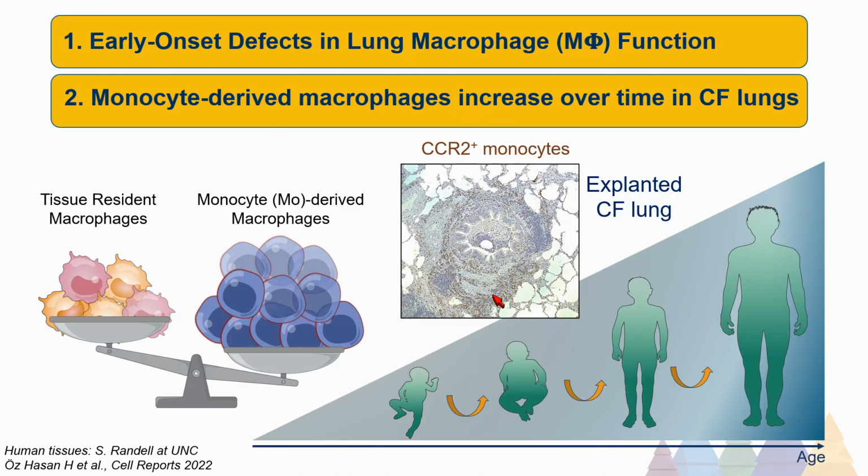I want you to pay attention to this immunohistochemistry. This was done on explanted CF lung, so we are talking about a late stage of the disease. Here we were staining for CCR2-positive monocytes. CCR2 is a receptor that is expressed on those monocytes that are activated during inflammation, and it is the receptor that the monocytes use to get to the tissue. As you can see, all these brown stains are monocytes, and you can see how they accumulate in the parenchyma of those lungs and all around the scarring tissue and the lymphoid